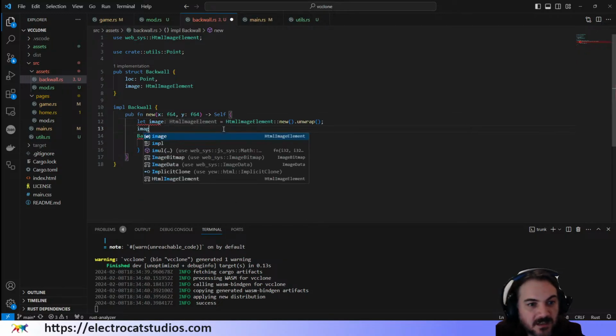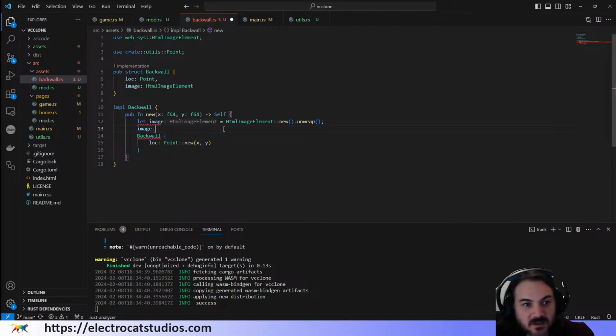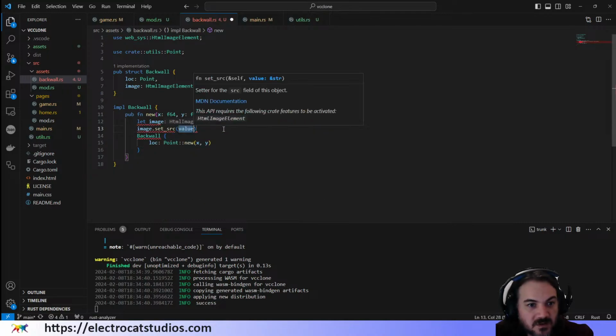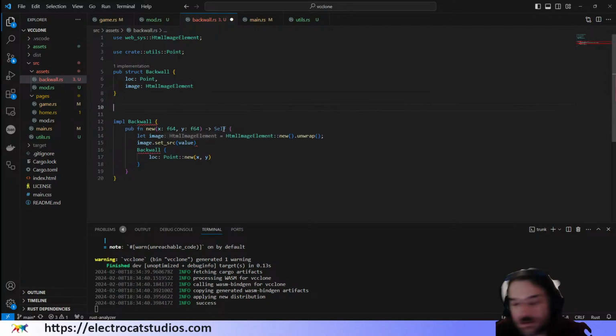We're going to set the image set source, which is similar to the JavaScript but slightly different, and that will need to be a constant. So we'll create a constant called backwall image name. The type of that will be a pointer to a string, and be equal to .assets, which is